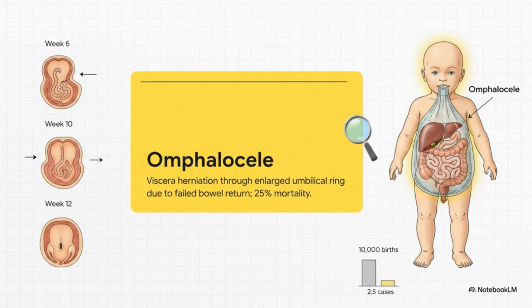Okay, so what happens when that normal physiological herniation of the midgut just doesn't resolve? Well, that's when we see an omphalocele. The absolutely crucial thing to understand here is that the bowel loops basically fail to return to the body cavity. They just stay out there, herniating right through an enlarged umbilical ring. To put some numbers to it, this happens in about 2.5 out of every 10,000 births. And clinically, it's a really big deal. It comes with a high mortality rate, around 25%, mostly because it's so frequently tied to other really severe developmental